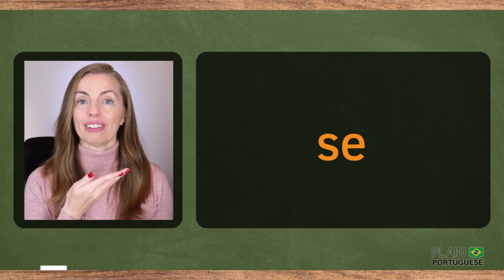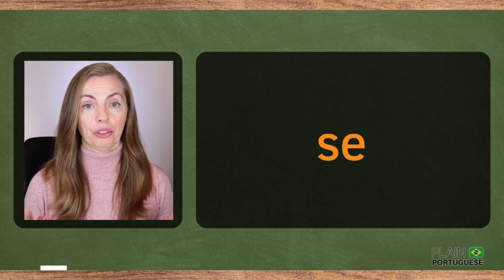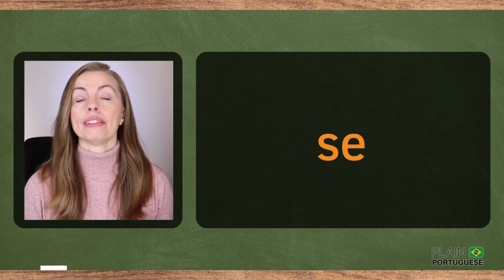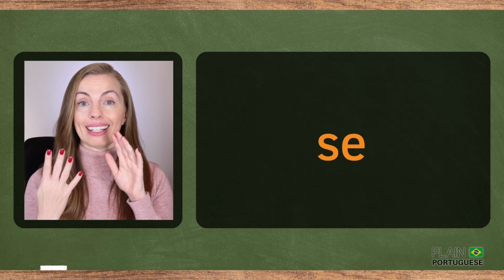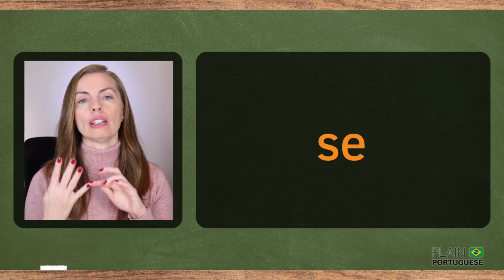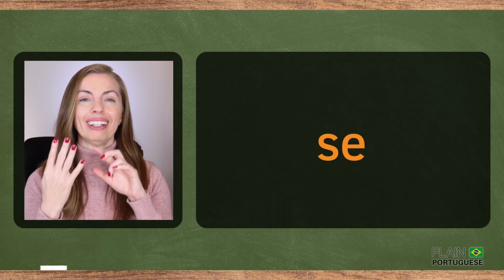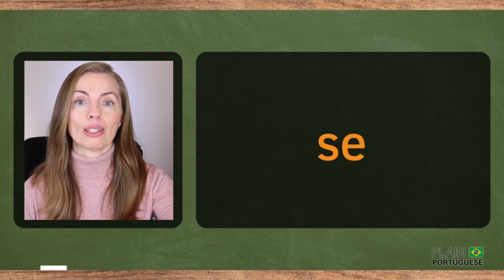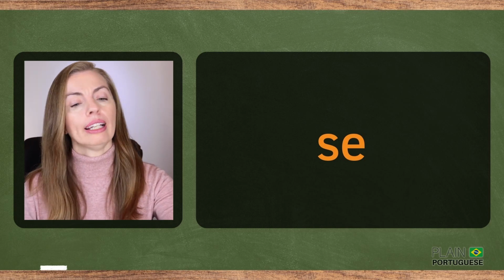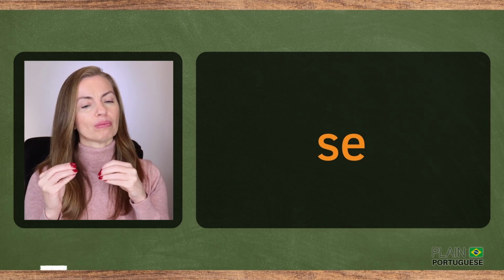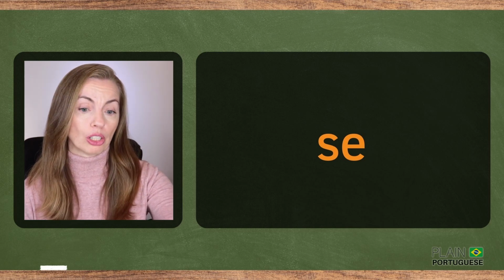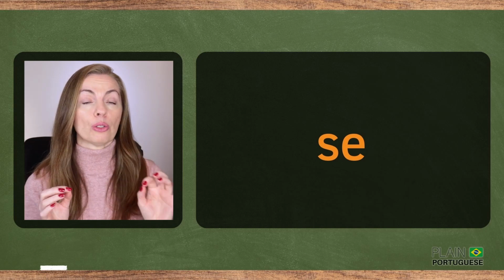Se. This little guy seems to be everywhere, and you know why that is, don't you? Se has at least, and I said at least, 4 different uses in Portuguese. In today's lesson, you'll learn one that is commonly found in writing, and it's considered a more advanced kind of construction. It's used to describe something that is done, was done. It's an alternative construction to the passive voice.